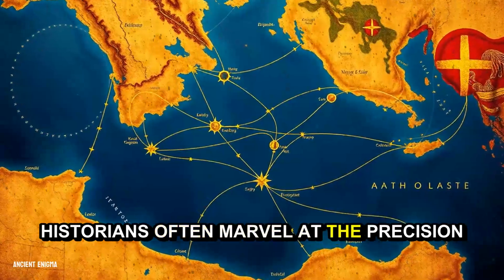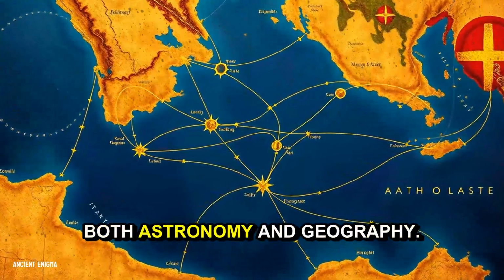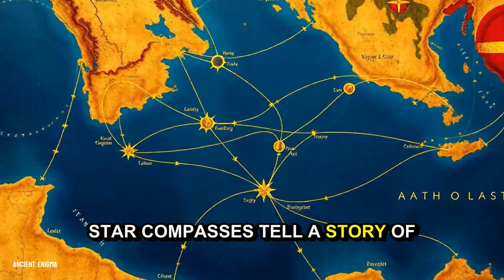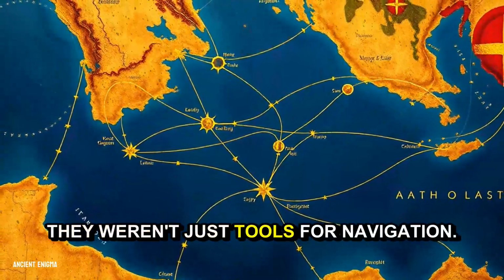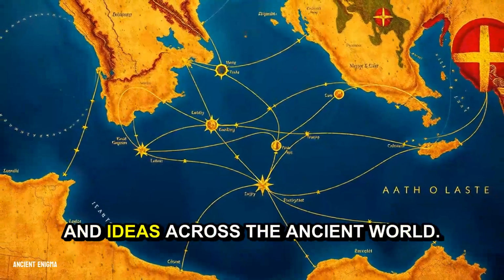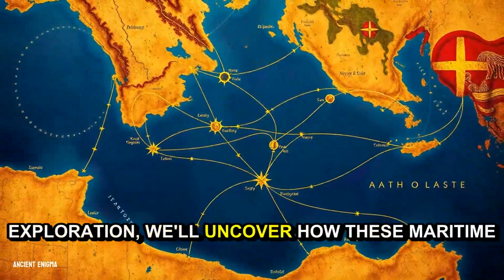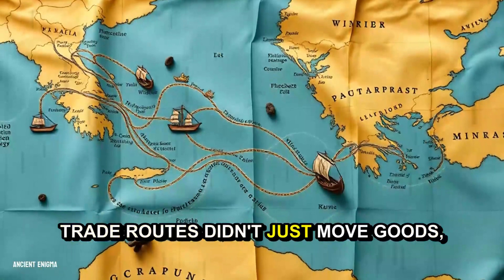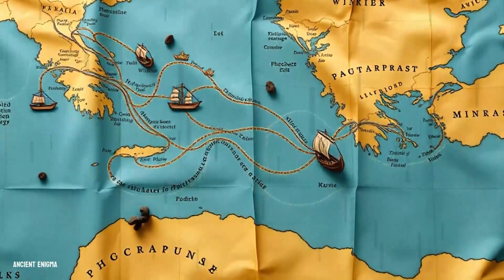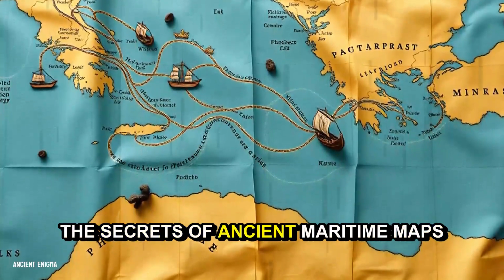Historians often marvel at the precision of these markers, noting how they reflect the Phoenicians' deep understanding of both astronomy and geography. But beyond their technical brilliance, these star compasses tell a story of connection. They weren't just tools for navigation, they were symbols of a vast trade network that linked cultures, economies, and ideas across the ancient world. As we sail further into this exploration, we'll uncover how these maritime trade routes didn't just move goods, they moved history itself, shaping the rise and fall of empires. And next, we'll set our sights on the waves themselves, diving into the secrets of ancient maritime maps and the